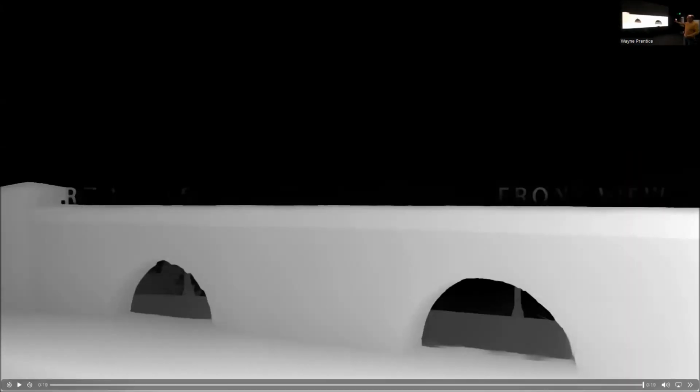There was no depth sensor on the camera. This is extracted naively even. I didn't even tune it. I just said go, and there's the depth information. You want to make the background blurry in this? Very easy to do because you've got the depth.